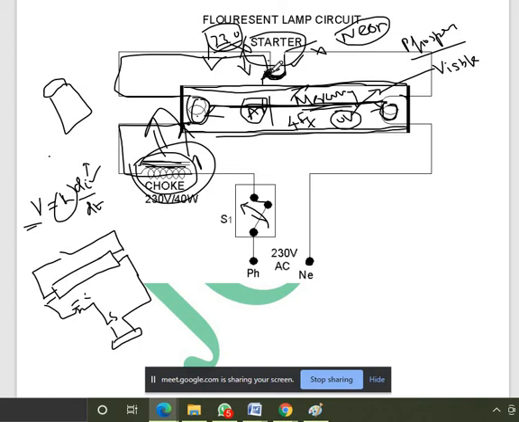But you should not connect phase and neutral directly without the bulb, it is open. Without the bulb, if you connect phase and neutral, it will be a short circuit. But here, because the choke is there, the choke will hold the voltage, and a huge voltage will be dropped across it initially, so there is no short circuit. Without the lamp, if you just connect phase and neutral, it is a short circuit and the fuse will be blown out in your main board. So you can avoid that, do not connect phase and neutral directly.